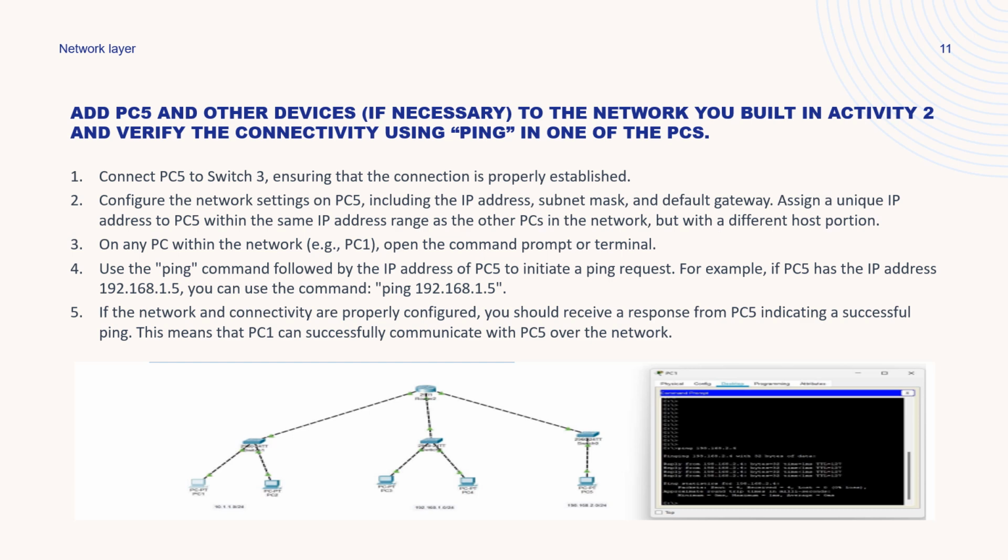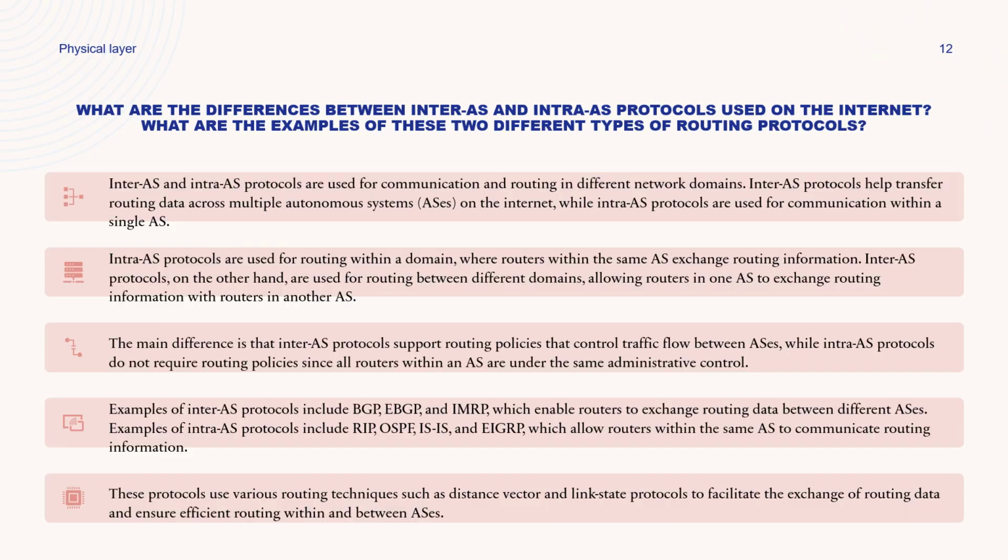And let's move on. So the next question is the difference between the inter-AS and the intra-AS protocols used in the internet. What are examples of these two different types of routing protocols? So the inter-AS and intra-AS protocols are used for the communication and routing in different network domains. Inter-AS protocols help transfer the routing data across multiple autonomous systems on the internet,